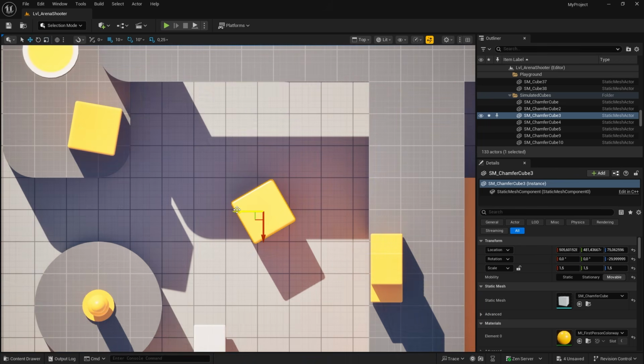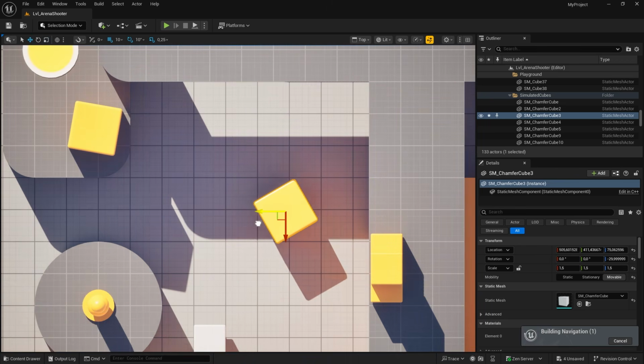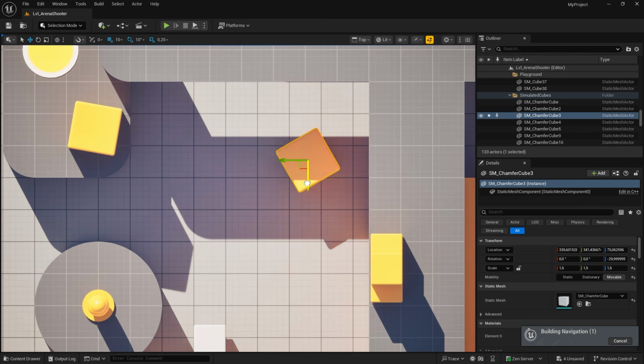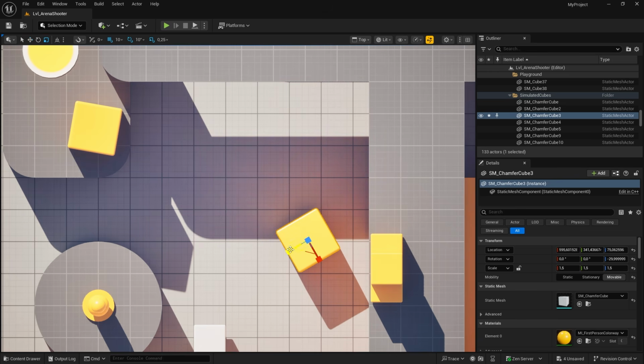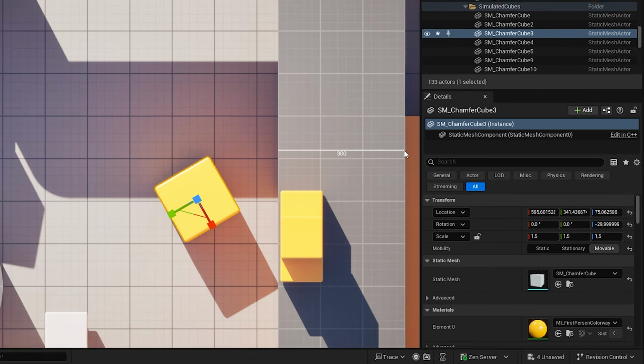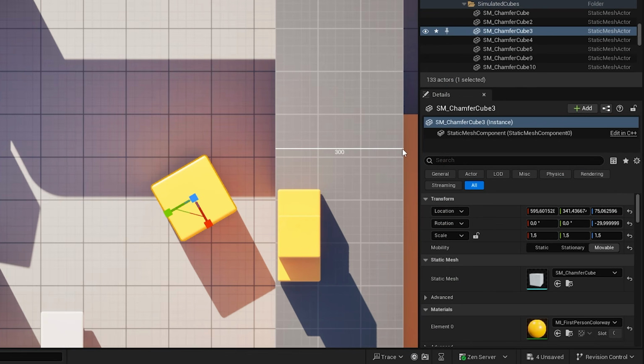All of these controls function the same way in an orthographic view, but we can only move or scale along 2 axes that align with the current orthographic view. For example, if we're in the top view, we can move an object in the X and Y axes. You can use a measurement tool by holding down the middle mouse button and dragging the mouse, which shows the number of units for its length.